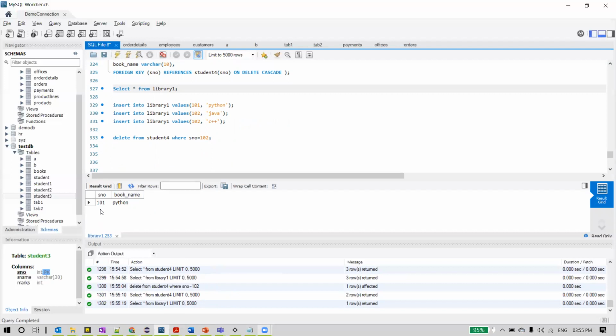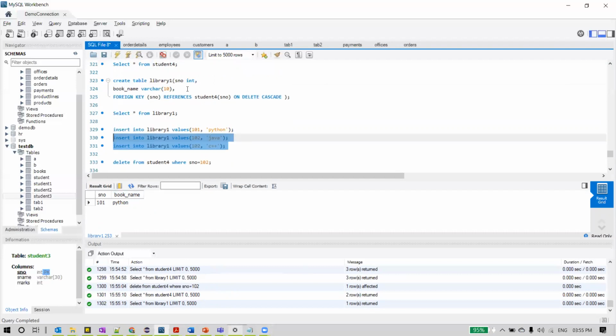It used to have three rows: 101, and two rows with 102, which we just inserted, right? These two rows got automatically deleted from the child table, as it doesn't make sense to have them in the child table without having them in the parent table, as that again violates the foreign key constraint. And this we were only able to achieve when we had the ON DELETE CASCADE option defined at the foreign key. This we need to remember, and this is also very important.